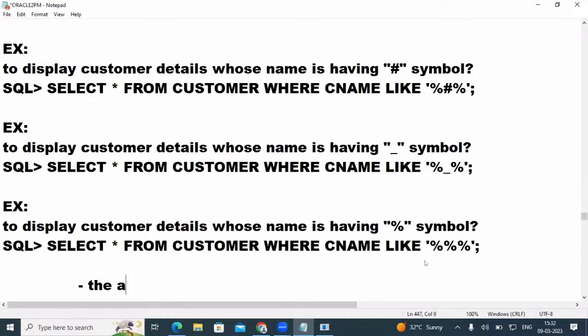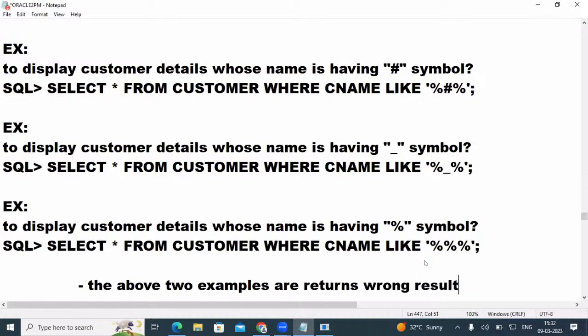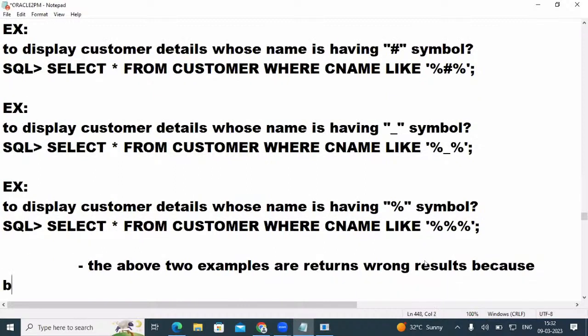The above two examples return wrong results, because by default the Oracle server will treat percentile and underscore